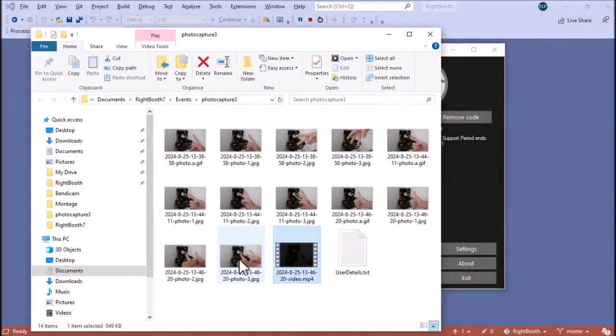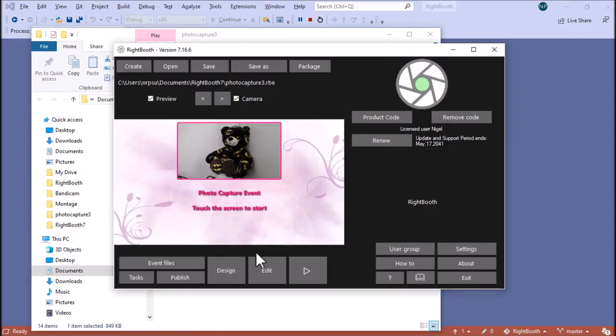Now, one thing that's missing here is a print layout image. So yes, the user can print the layout, but you might want to also save their chosen layout here as well. How do we do that? Back into the designer,